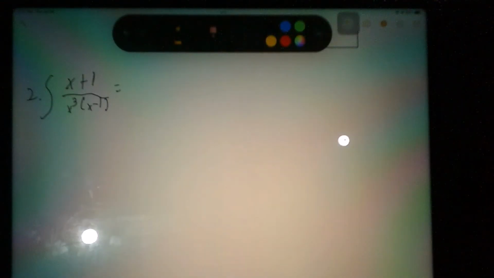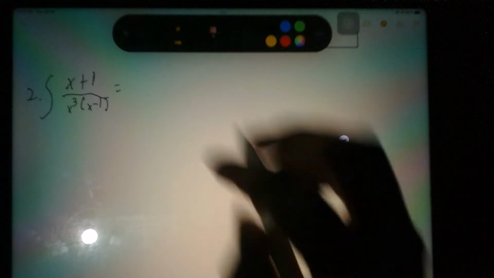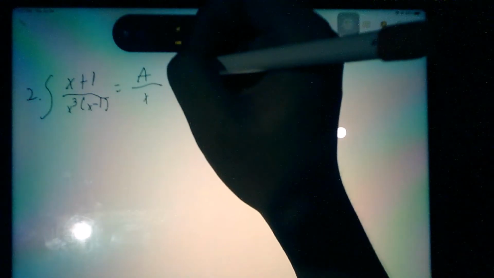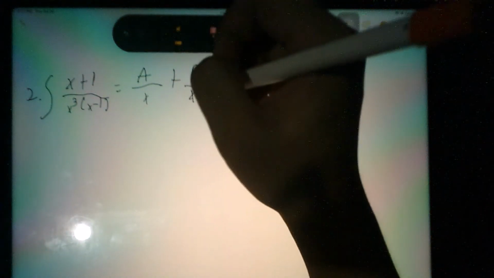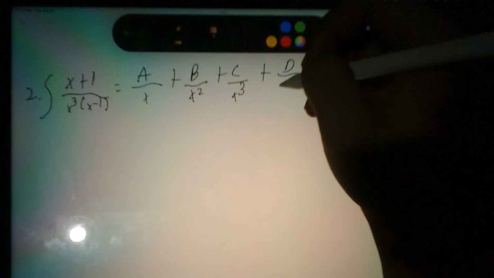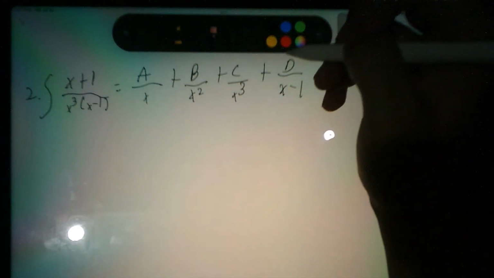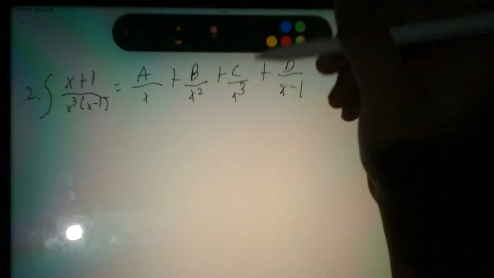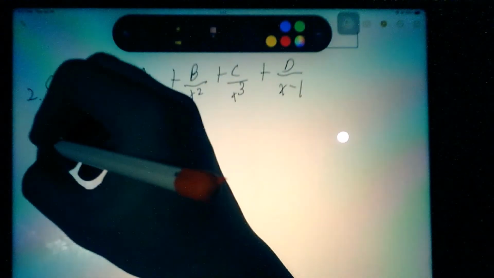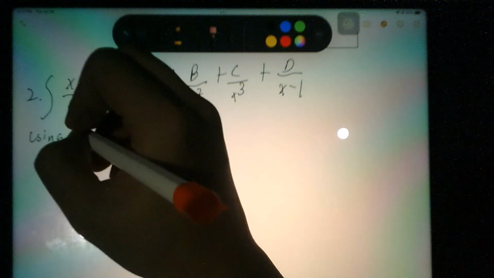Let's have another example here. So this is our problem number 2 for case 2. Integral of x plus 1 over x cubed times x minus 1. So first we are going to draw here a over x plus b over x squared plus c over x cubed plus d over x minus 1. Now we can use the cover up method here, which is just for the values of c and d. So using the cover up method,